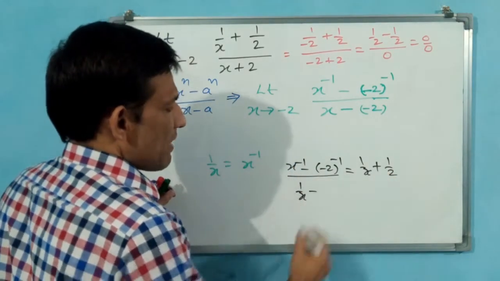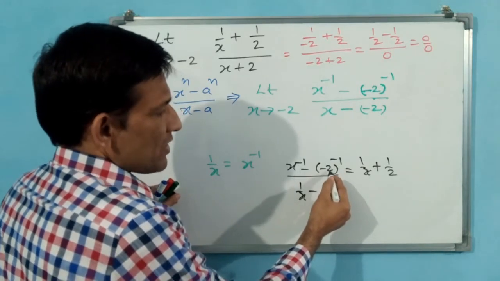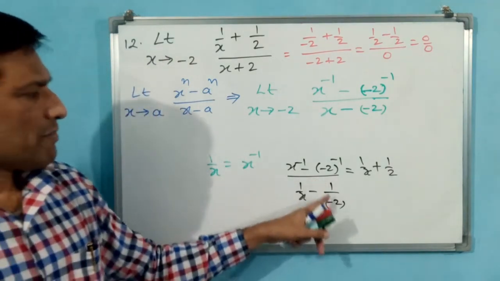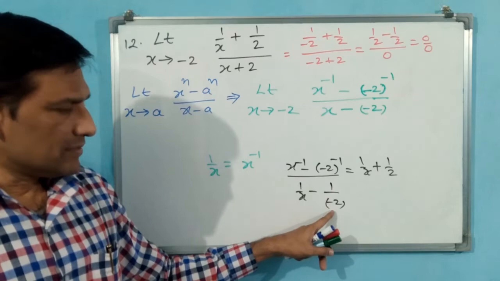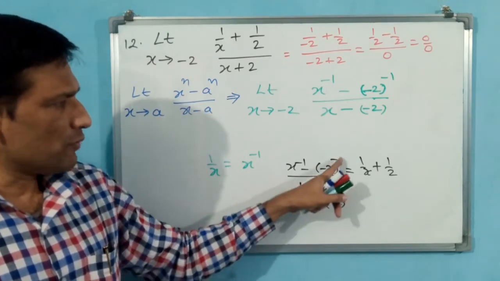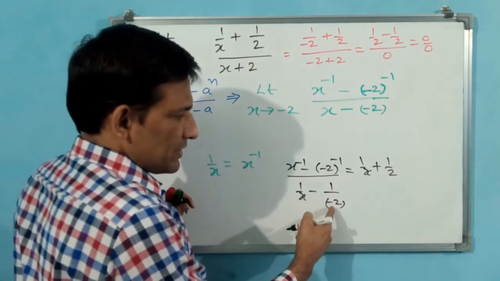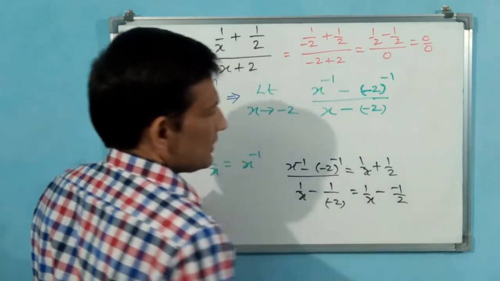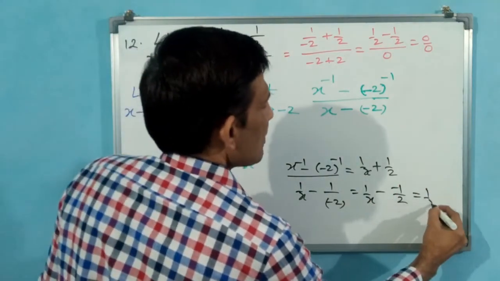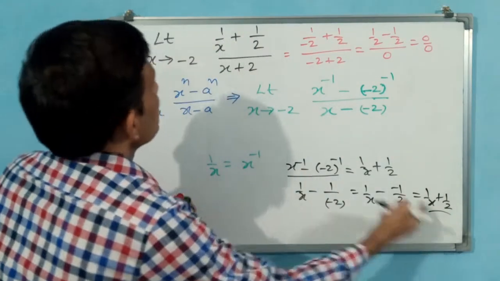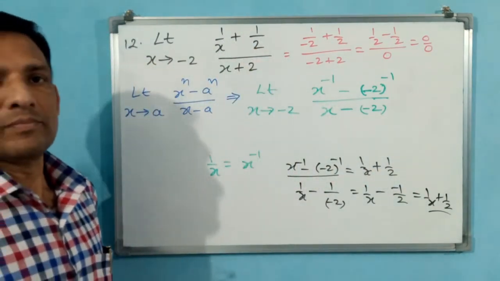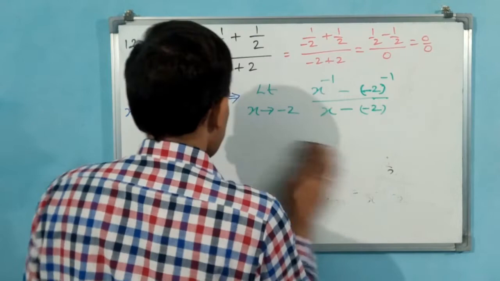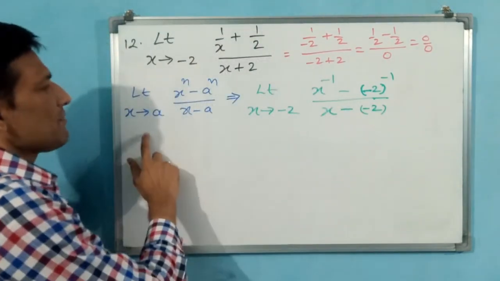1 by x, minus I have kept. You see here, minus 2 power minus 1 means 1 by minus 2. Why? Because if you send this like x, then minus x power minus 1 will become minus 2 power minus 1. See, this minus symbol you transfer to numerator: 1 by x minus minus 1 by 2. Both are minus, so you can make it 1 by x plus 1 by 2. Is it the same? Definitely the same. Then you can write in this form, and easily you can apply this formula. Now this is in the form of this one.